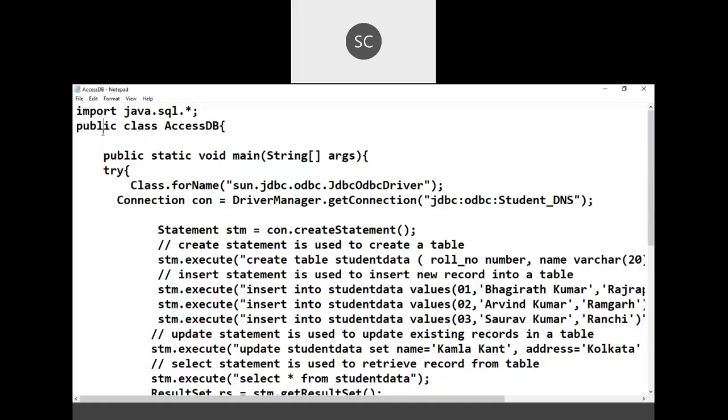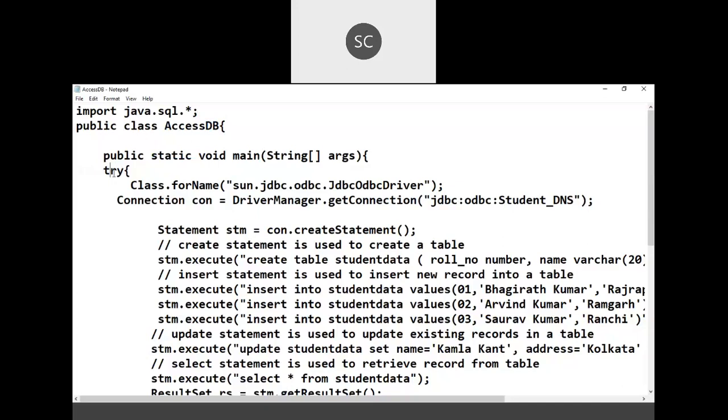So we have created a class with the name accessdb. We'll have a main method. So inside the main method, the entire program will come. Within main method, we are required to write a try block. We need to do some kind of exception handling, because the program execution depends upon the connection setup with the database.